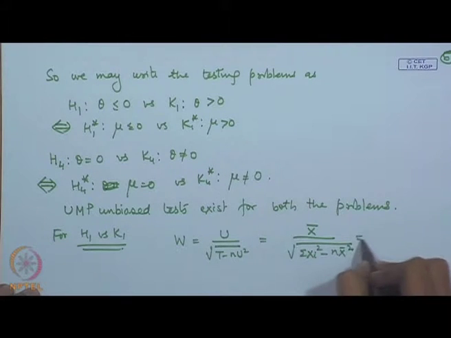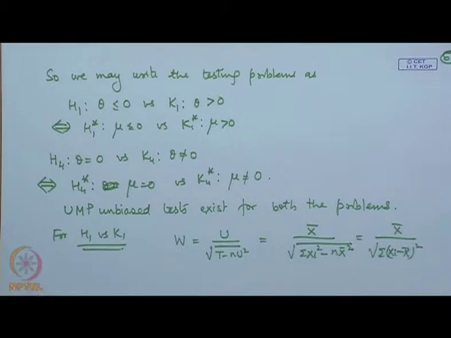So, this is nothing but x bar divided by square root of sigma x i minus x bar whole square. If you see this carefully, then W is an increasing function of U,